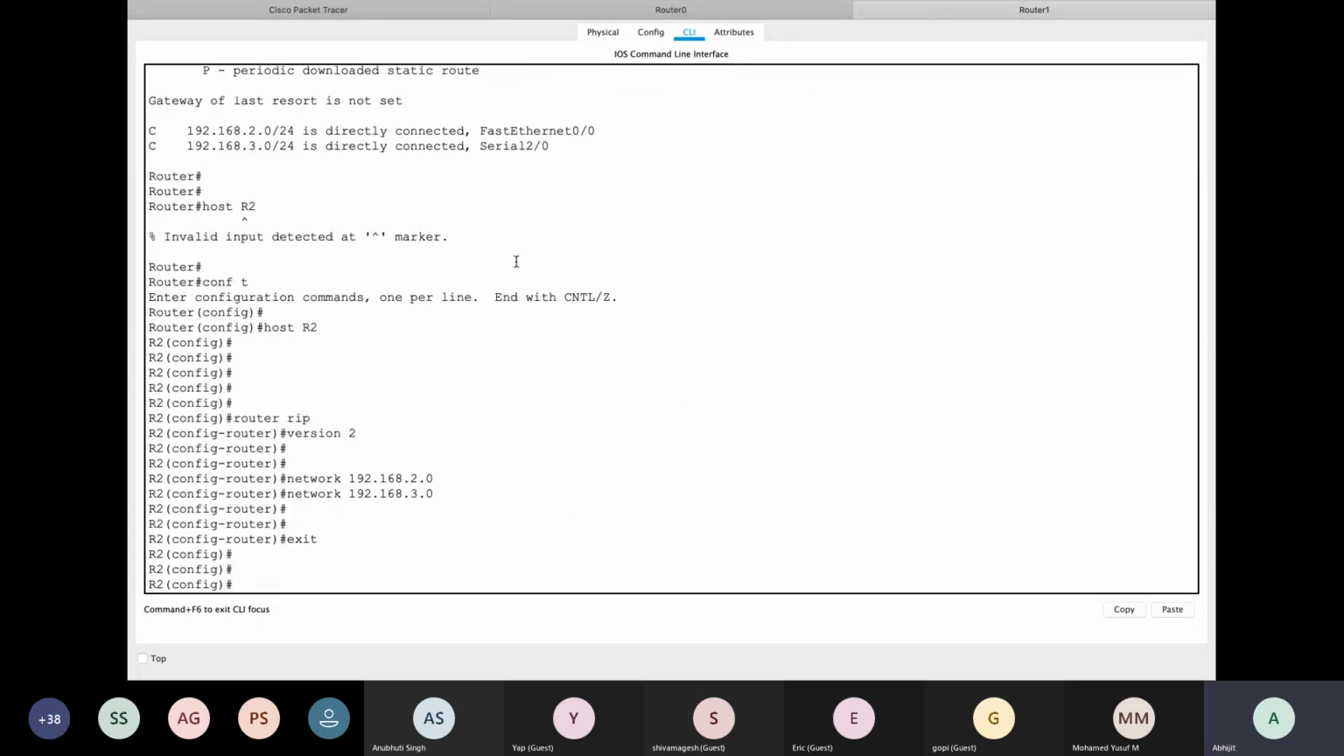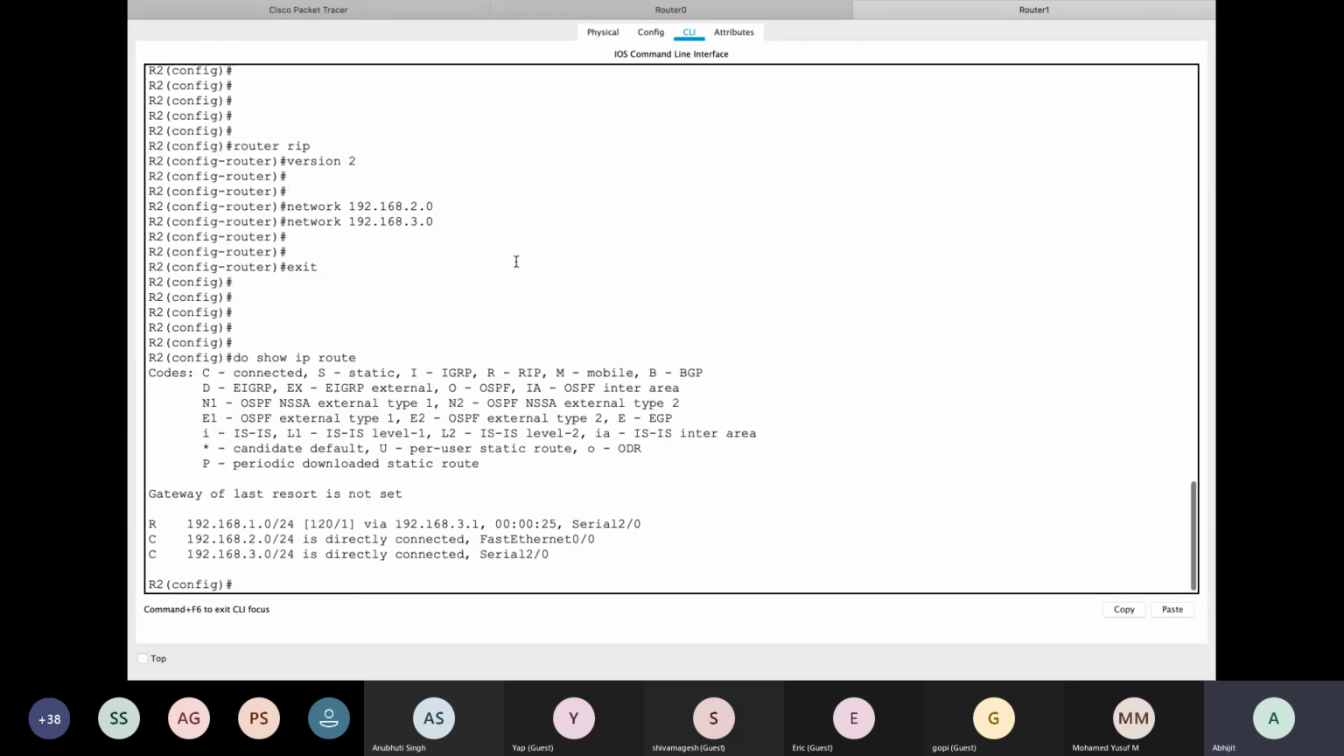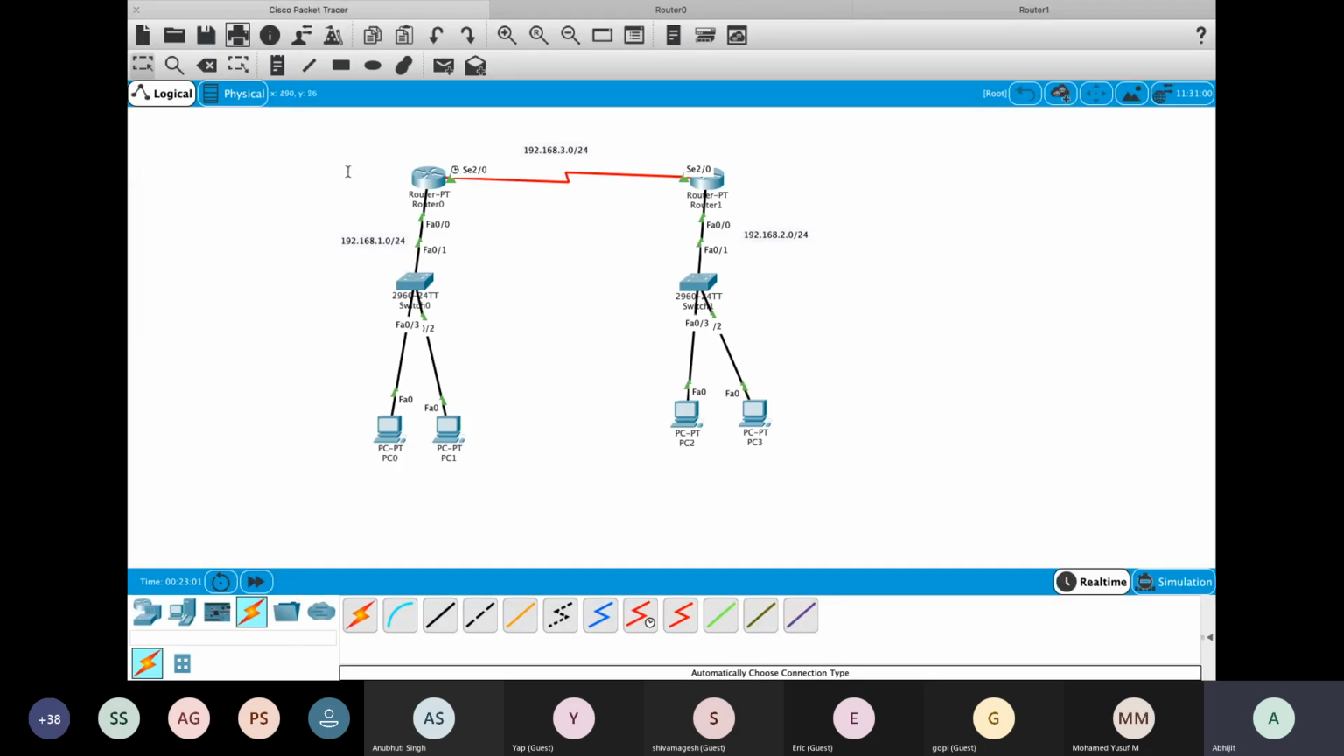Similarly, if you go on to the other router and check the same by saying do show ip route, you will also see a route. There you go. You have a route that has been installed with the help of RIP, routing information protocol there. And that particular route has been received via SE2/0 via 192.168.3.1. And now if I go back to the topology and try to send traffic from here to here,